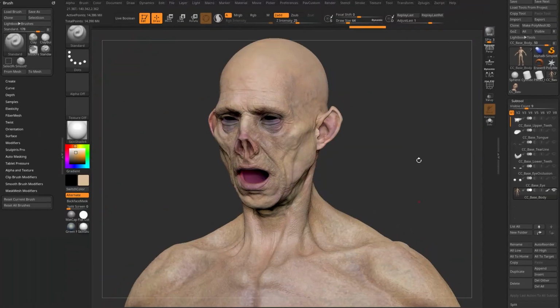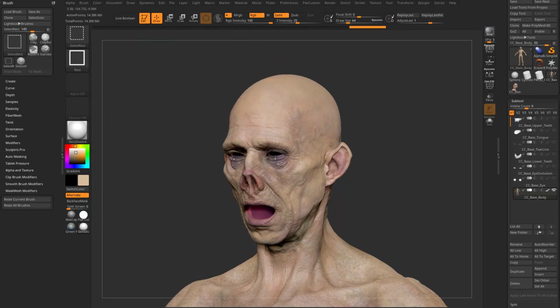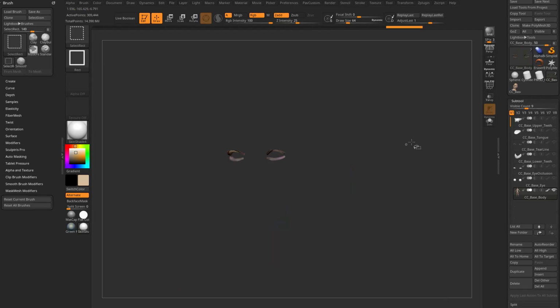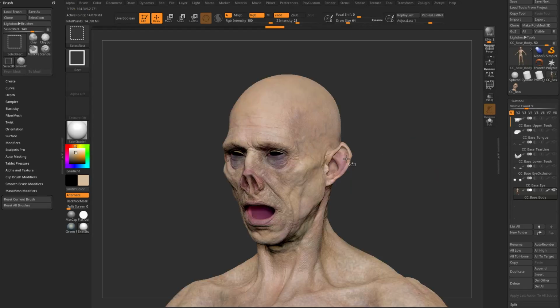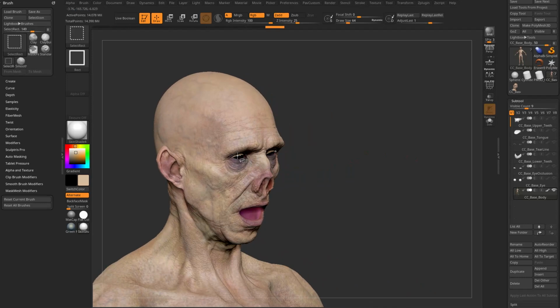I'm going to zoom in a little bit because I'm going to hold down Control Shift. I'm going to Control Shift tap my eyelash polygroup here. If you don't have an eyelash polygroup, I probably went through and made these polygroups myself. One thing you can do